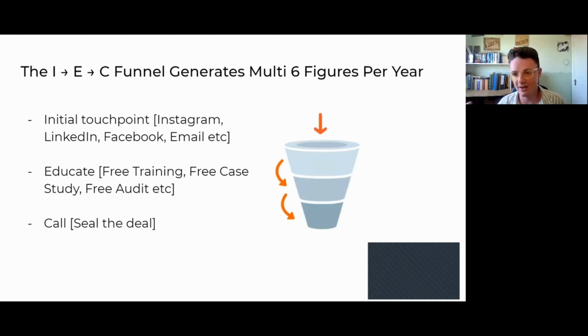And we're going to get onto that very soon as well, of how to build the asset. I'll give you a sample and just show you what that should look like. Okay, so this literally is the funnel, right? So you've got to have I, initial touch point, E, which is educate, and finally C, which is then hopping